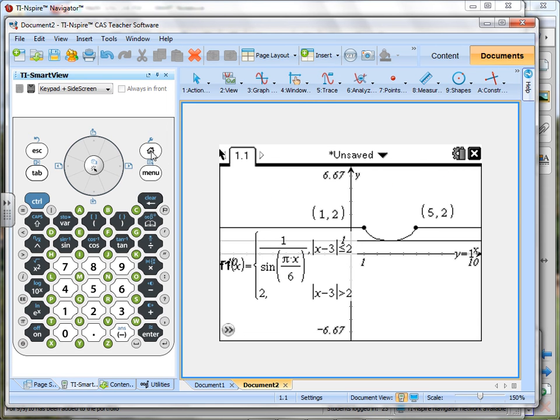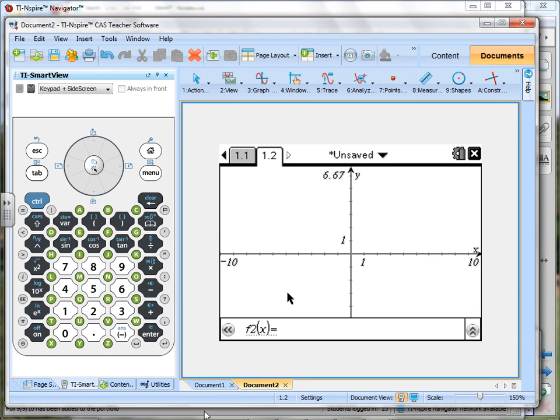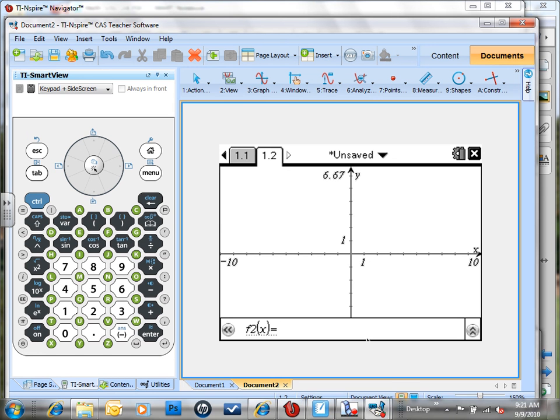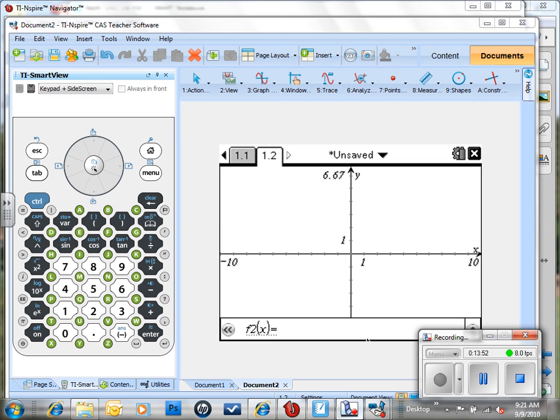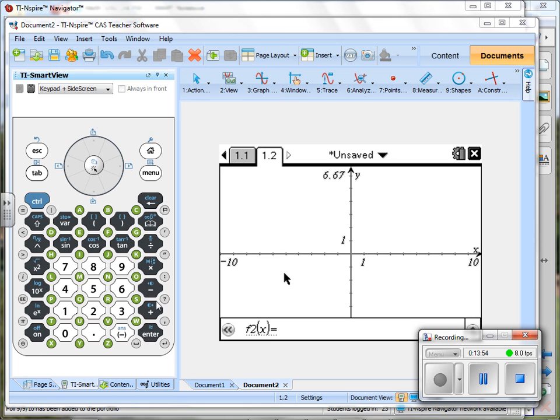And I'm just going to go in and pick up another page, so we'll have f2 of x. Now the greatest integer function, different calculators use different abbreviations for it, and this is one that I had to kind of hunt and peck for a little bit. So I'm going to check about